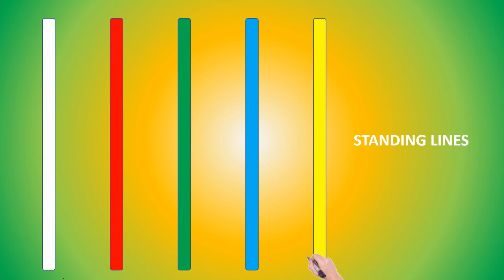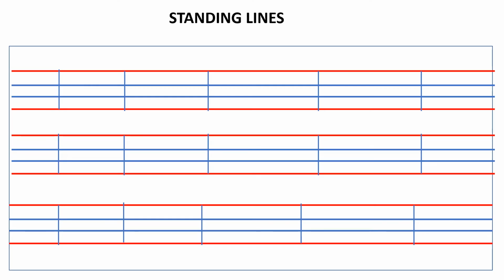The parents have to draw three or four broad standing lines so the kids can color them with different colors. While coloring, parents can just tell them, okay, this is a standing line, so automatically kids will learn about the standing line. Once the kids have learned and practiced three to four times, after this parents can give them a four-line sheet or any notebook, and then tell the kids to match the red line with the red line.